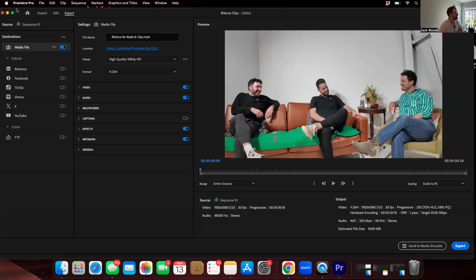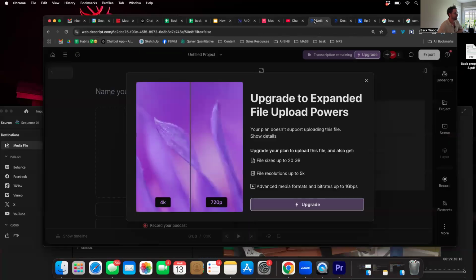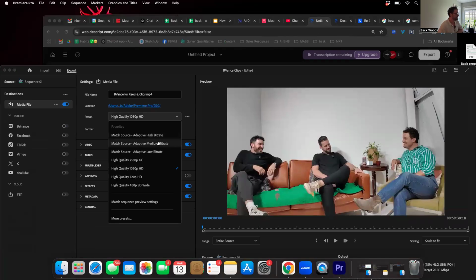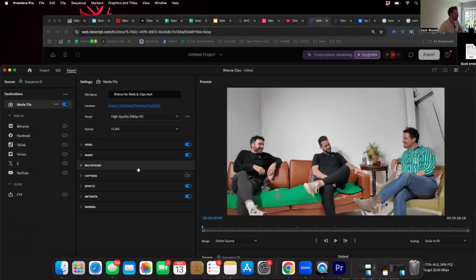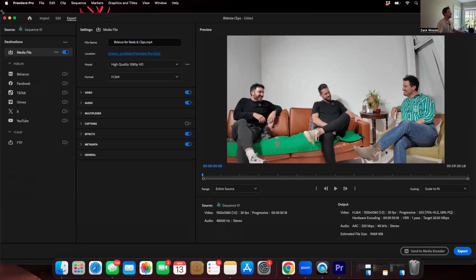And that will allow us, if we remember what Descript was showing us: file sizes up to 20 gigs, file resolutions up to 5K, upgrade 720p. I mean, yeah, it may just be a file size issue, frankly, team. So we're going to just have to see, right? Let's go to 1080p, and we're going to be looking for this file. It's a media file.